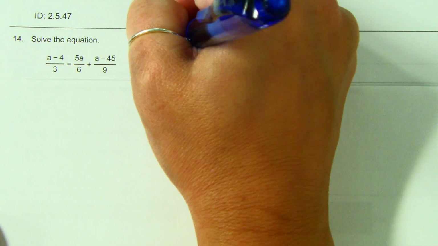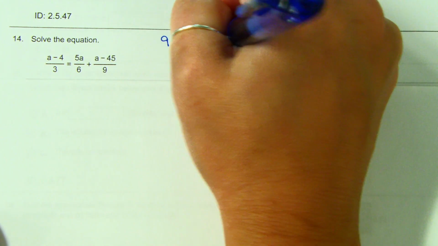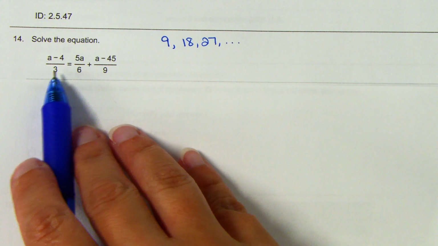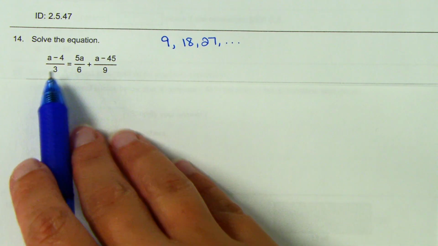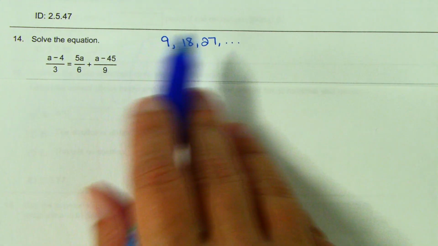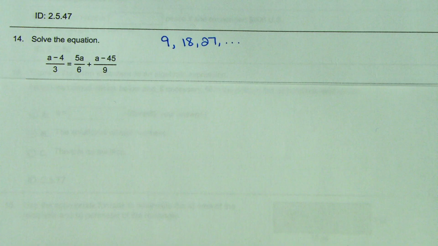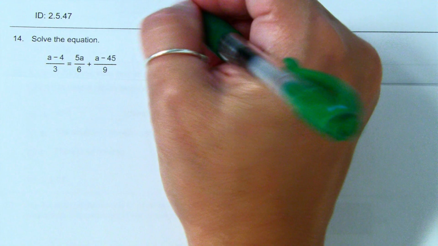All right, number 14. If you don't get intimidated by the fact that it's a whole bunch of fractions, you will do fine on this one. I promise. Because just like with that 1/7 problem, if you have fractions in your equation, the best thing to do is to get rid of those fractions as soon as possible. And in this case, that means I'm going to need to find the least common denominator between 3, 6,